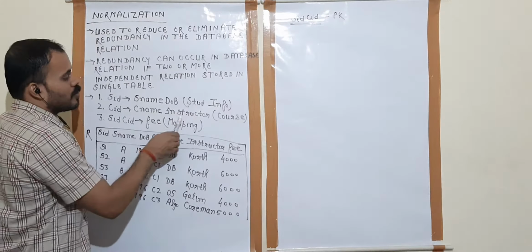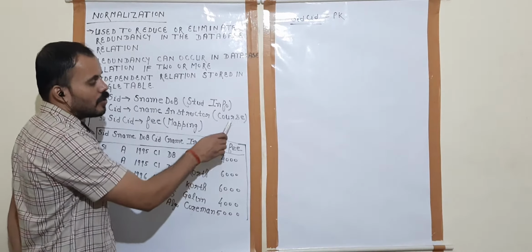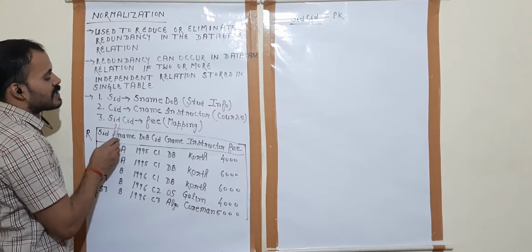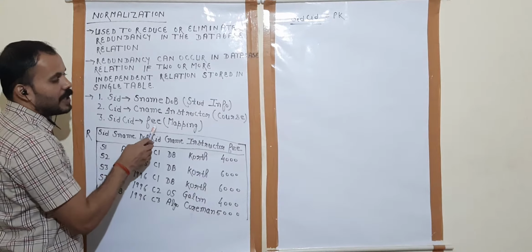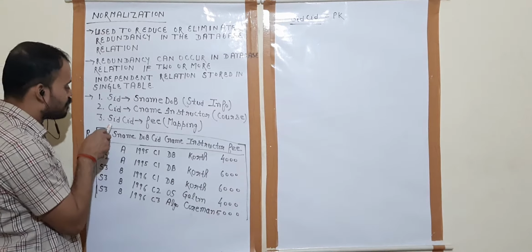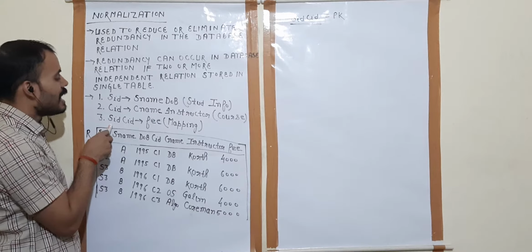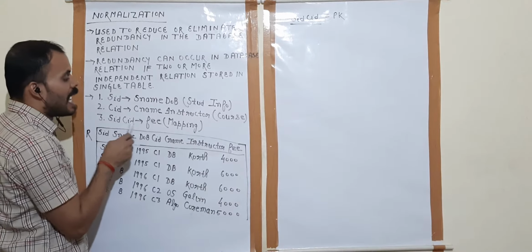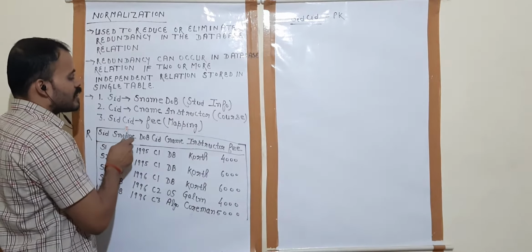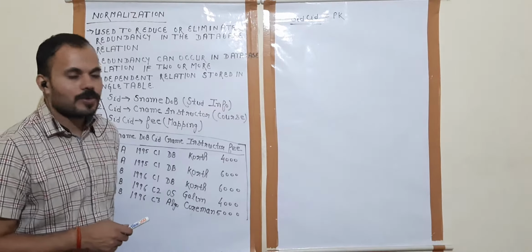These three attributes are the attributes of the course table. And the third is SID, CID determines fees, where SID is student ID, CID is course ID, and fees is fees. These three attributes are the attributes in the